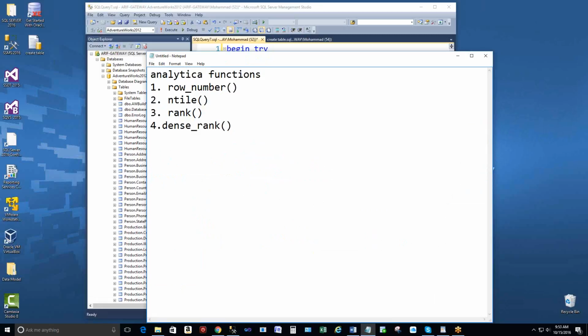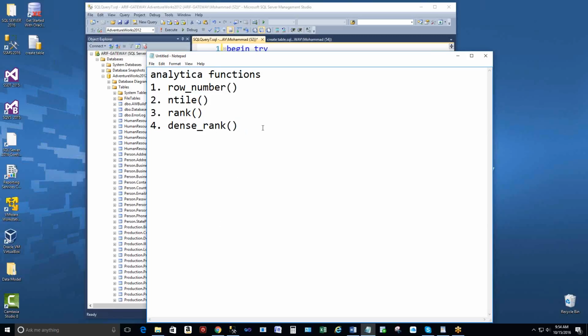You'll be using them. And sometimes they ask you in the interview, do you use any analytical function? Or do you know any analytical function? This is one thing they can ask you. Then you will tell them yes, and you mention these names: row number, ntile, rank, dense rank that I use. Of course, at work you will use those, but besides, it's also important for the interview to understand each of them. Okay, so row number,